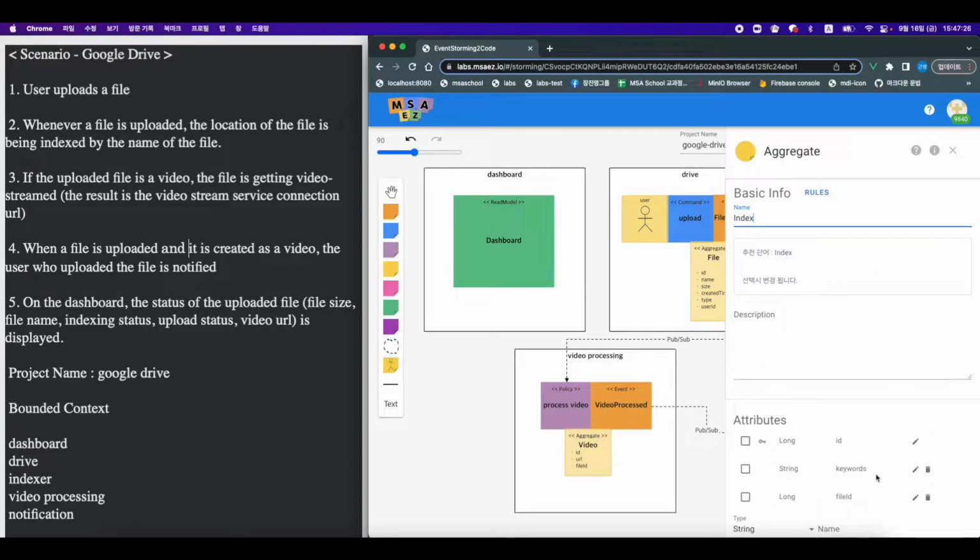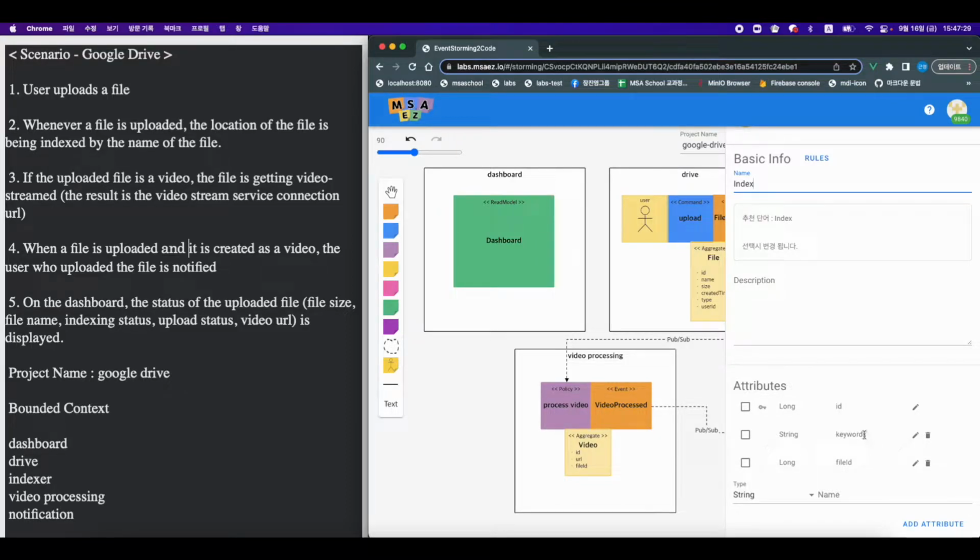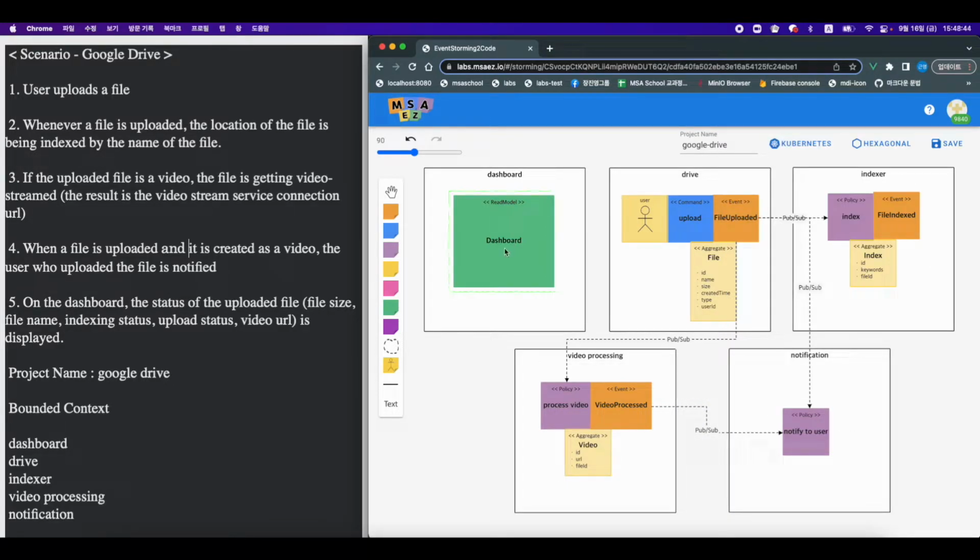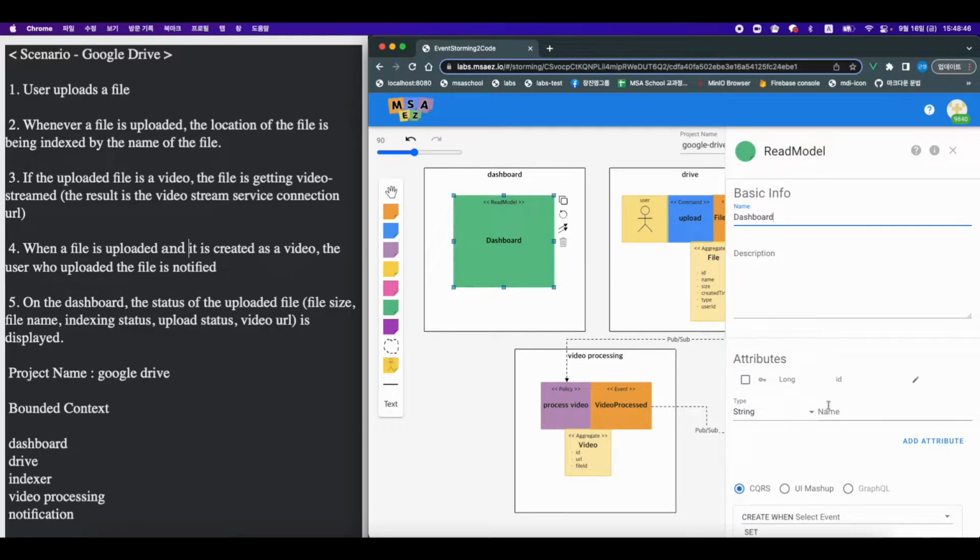I think if we have keywords, it needs to be collected by a list. So click this pencil button over here and check the list and then save. It makes you get the keywords as a list. And this dashboard also needs the attributes properties over here. So here are the information that the dashboard needs. So I'll take size, file size, long type,